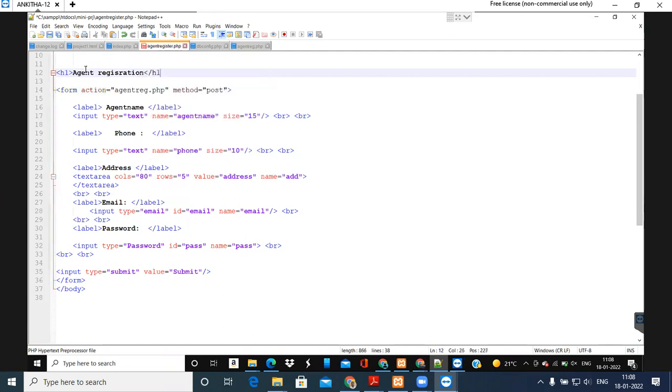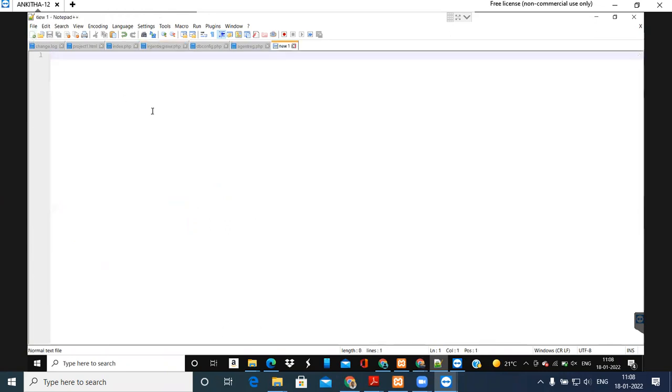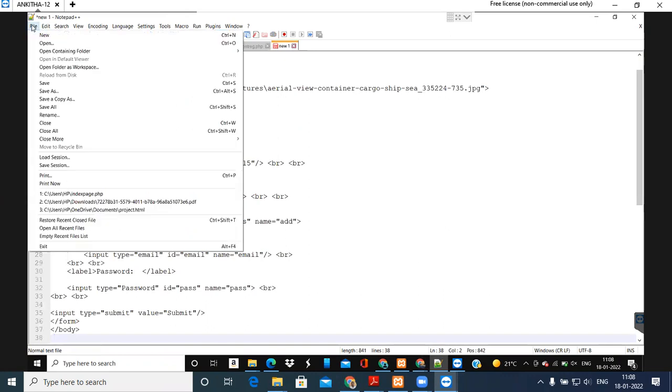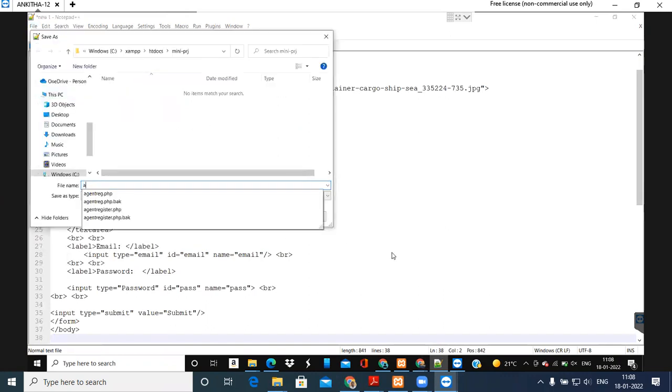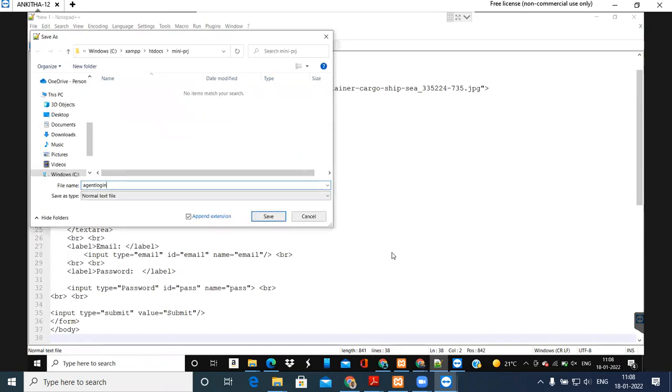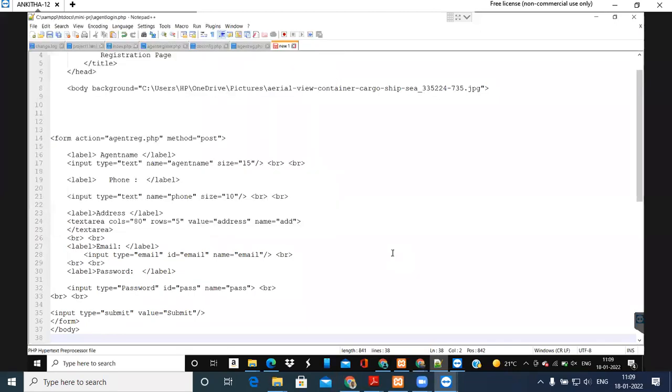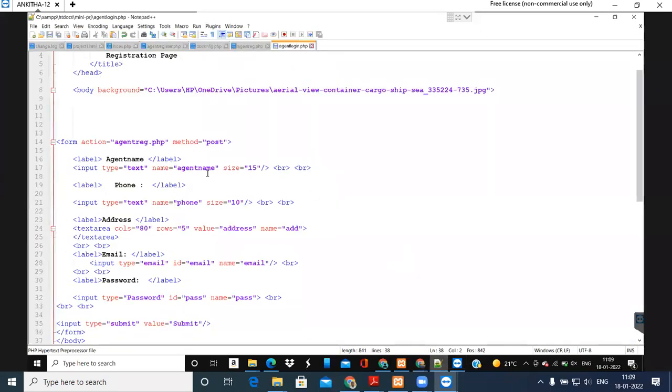And then for login, I save this one and then I copy the same code, and then I create a new file and paste it, and then I save this as agent login.php. Agent login.php.